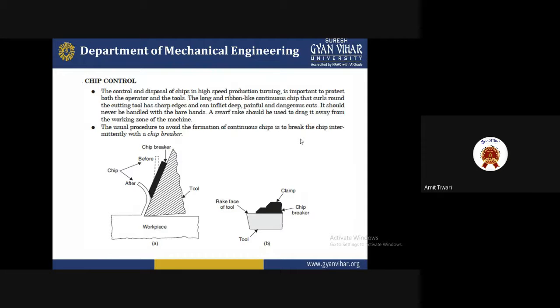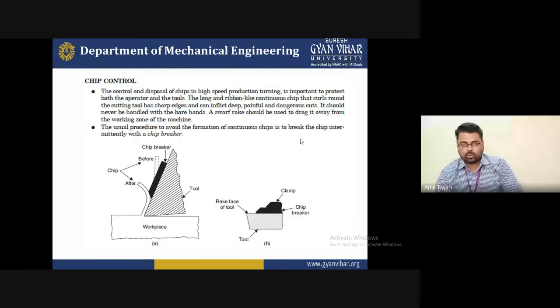So these are the differences between the ductile material and the brittle material, and what type of material you select depends on some cutting parameters. Chip formation also depends upon cutting parameters. It does not depend fully on the material; it also depends on cutting parameters like spindle speed, depth of cut, and feed rate. All are responsible for generating the continuous chip or the discontinuous built-up chip.